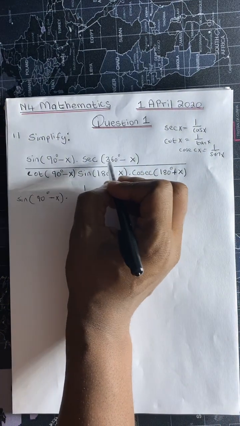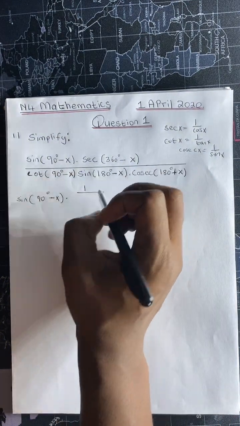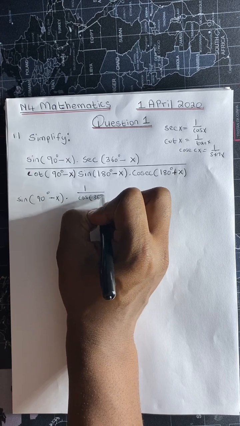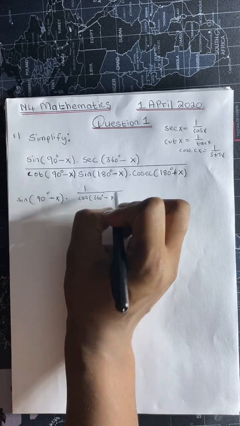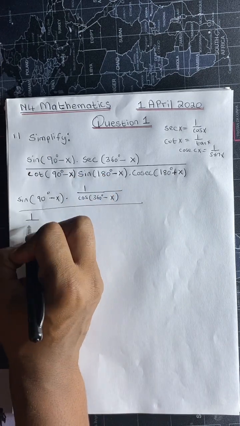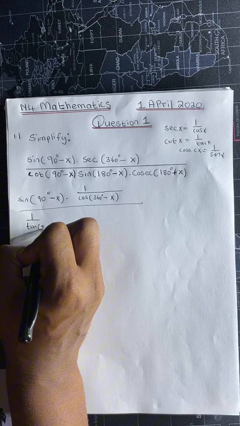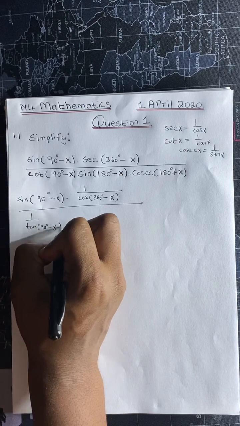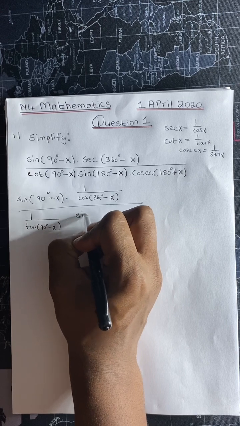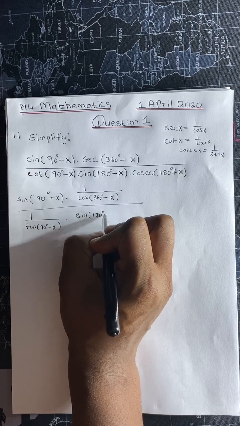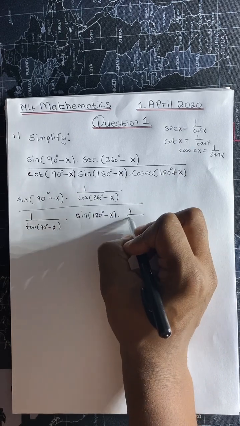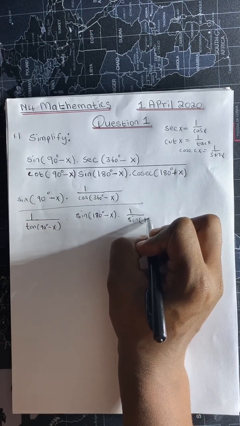So this sec, we can express it as 1 over cos of 360 degrees minus x, and this cot we can write it as 1 over tan of 90 degrees minus x. The sine of 180 degrees, we just leave it as it is, and the cosec we can write it as 1 over sine of 180 degrees